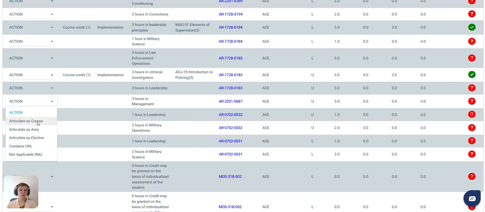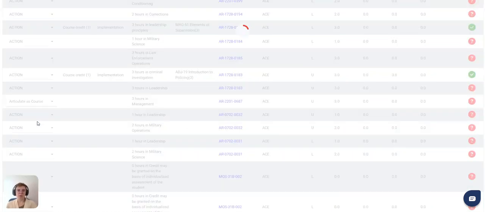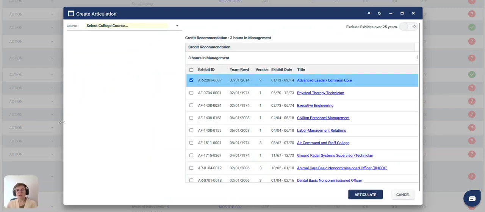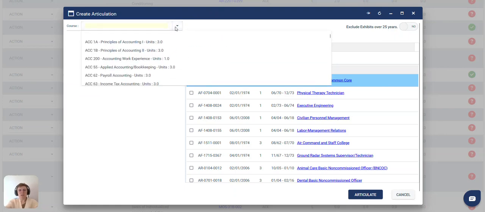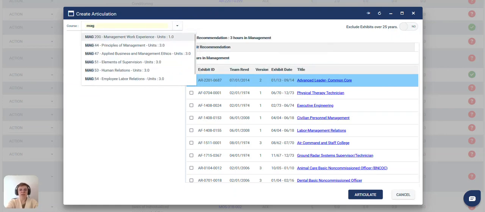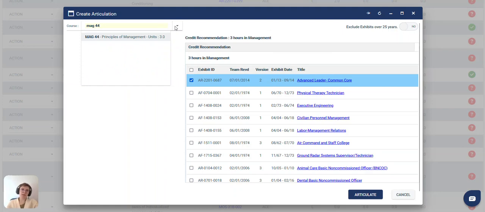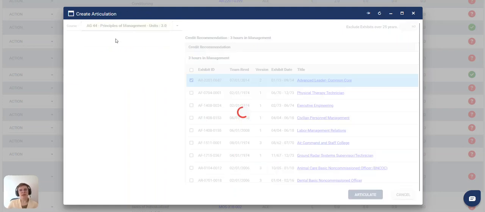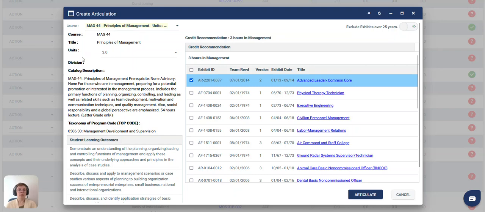Starting with Articulate as a course, we're going to open up the pop-up. This will bring up all of the information for this articulation. First, you'll select your college course, and keep in mind this is just for demo purposes. Select your course you would like to articulate, and on the left you'll see all the information about that course,